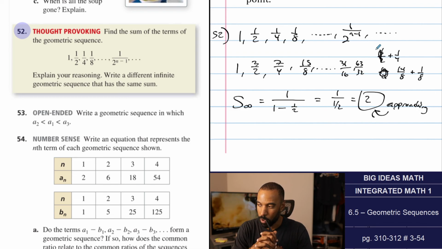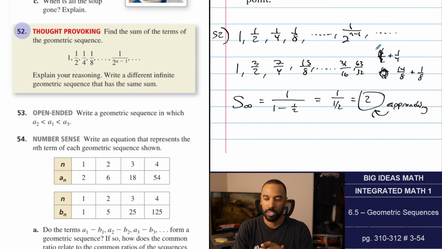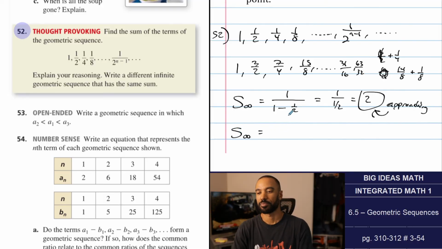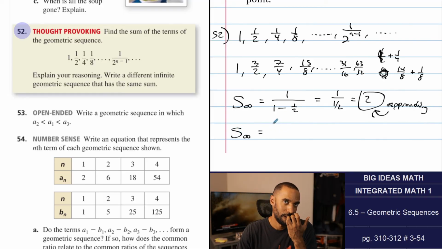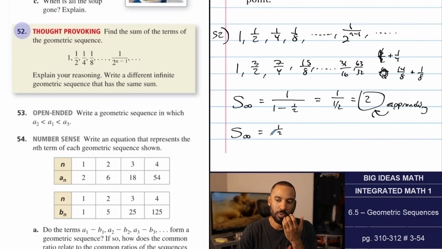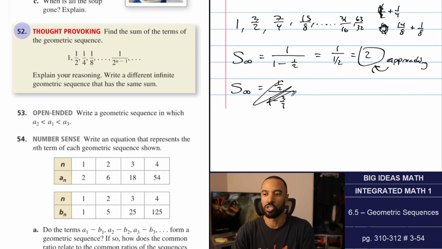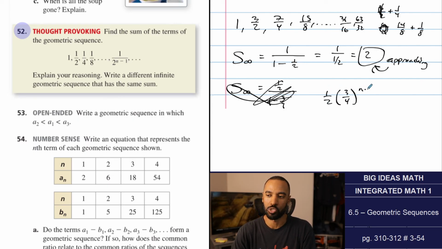Oh dear. Well, I could do it based off my formula. For my formula, I could say, let's take 1/2 and divide it by 1/4, which would give me 2. So to divide by 1/4, I have to do 1 minus 3/4. So we could do 1/2 times 3/4 to the n minus 1 power. So that would be